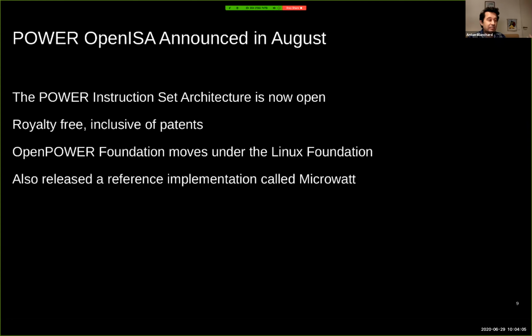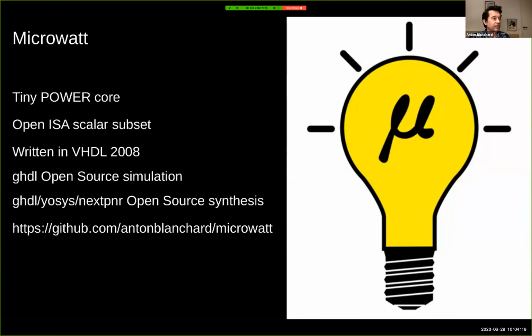And as a background, I'm actually mostly a software person. I work very closely with our hardware teams. But I thought it was a good opportunity for more software-focused people to really get involved with hardware and give it a try. So Microwatt is kind of the output of that.